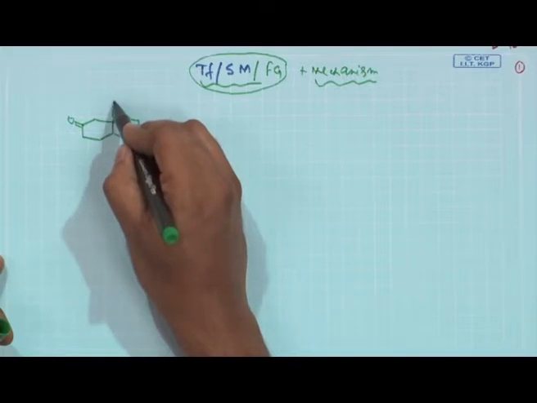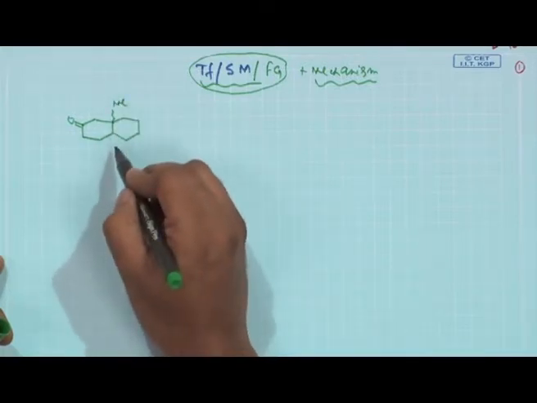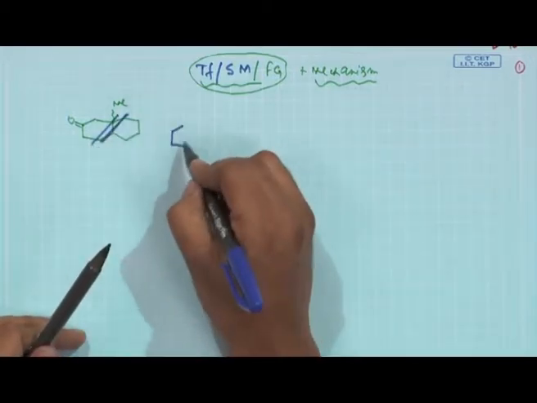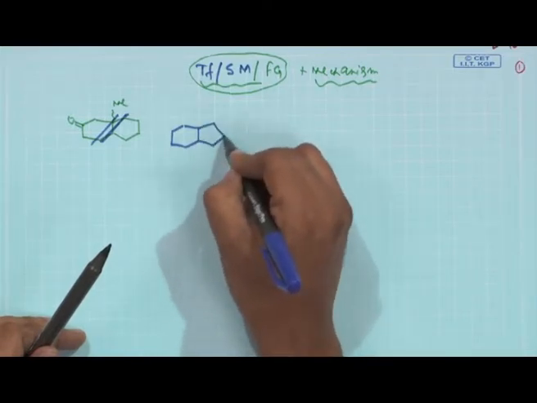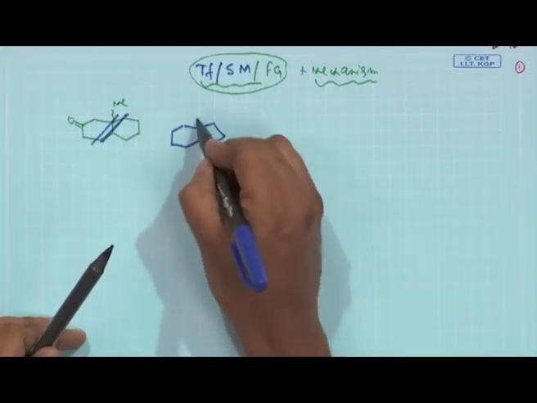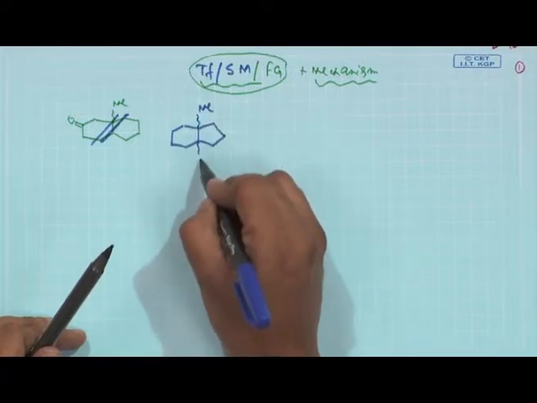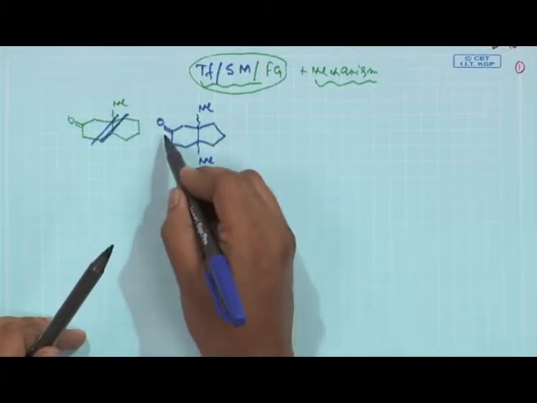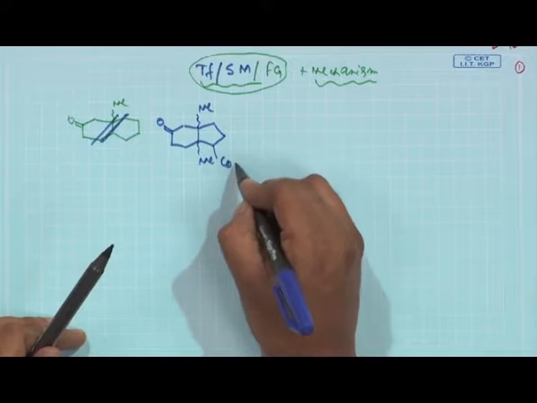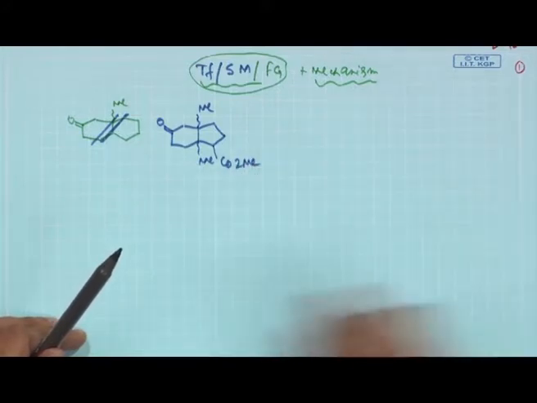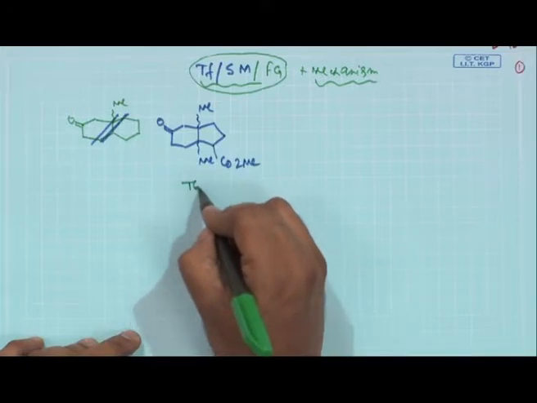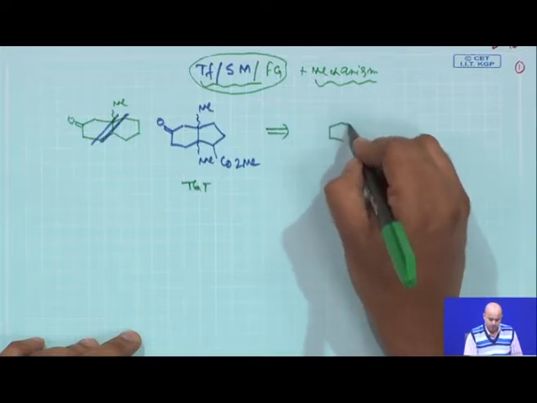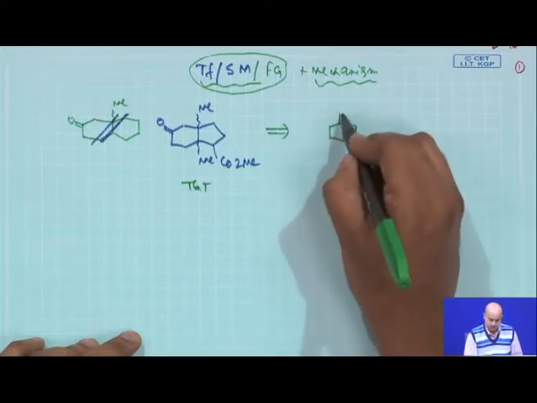The structure is wrong, so we will draw it again. The 6-membered and 5-membered ring based target, we are having an angular methyl in the ring junction, having a cyclohexanone, and here you are having a CO2Me group. Now, you say this is the target molecule, the starting material was also given to you for your better understanding.